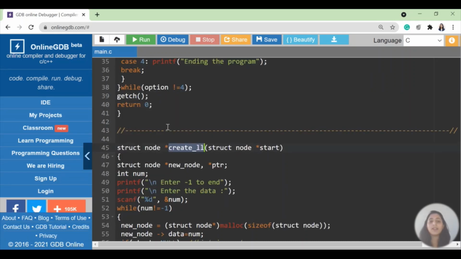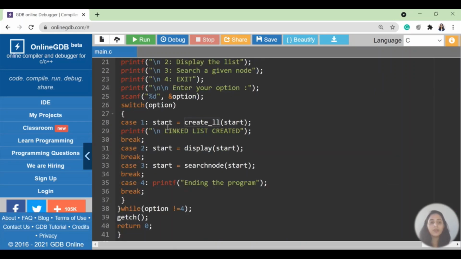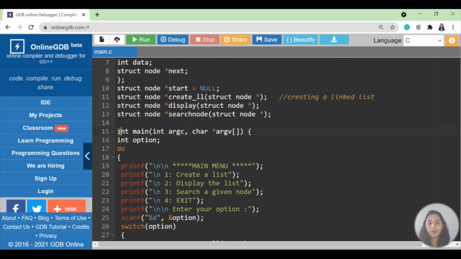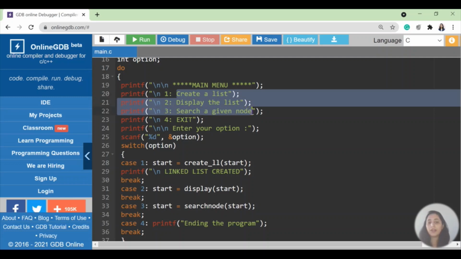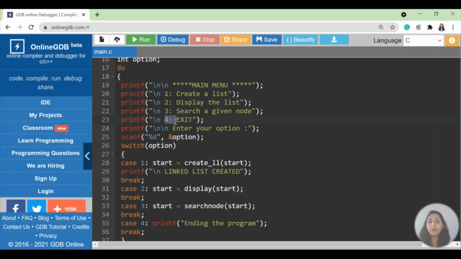Okay. So now let's go and see how we call this function. If you see here, I'm making a call to the function, the case 1 of my switch case. So this is the main program, integer main. In this I have one variable called option, which is of type integer. Here I am giving these options, 1 to 3 is create, display and search. I'm giving this option in a do while loop because I have to execute this repeatedly. Fourth choice is exit. So whenever the user gives the fourth choice I will stop the program.